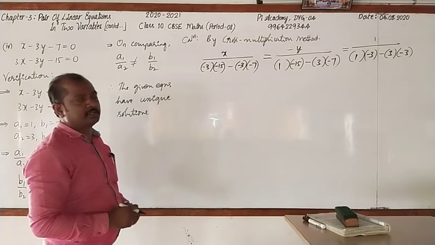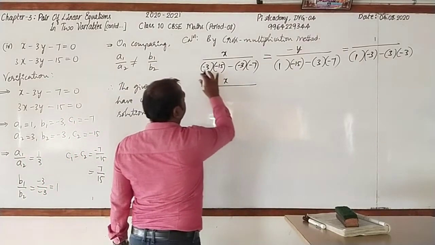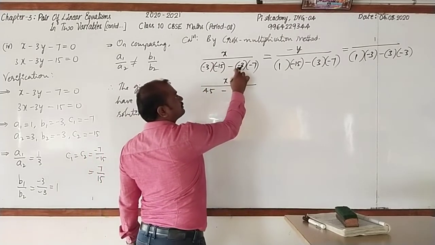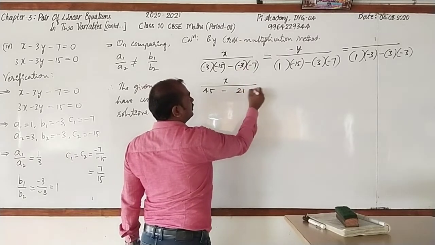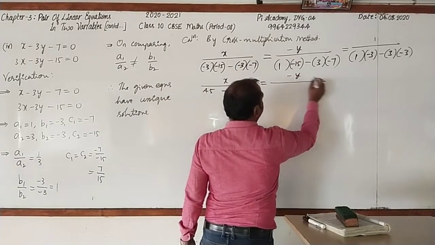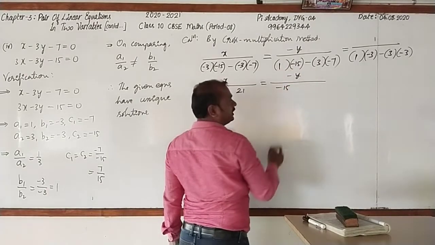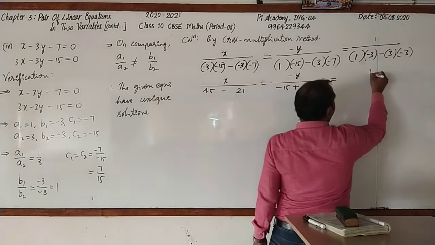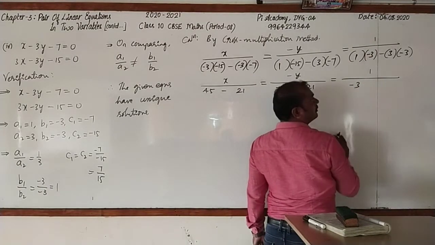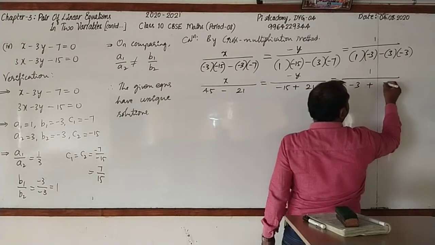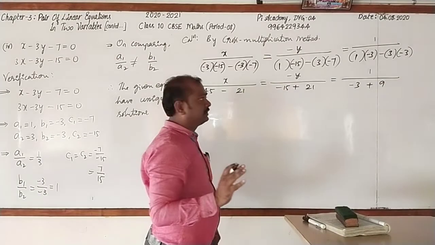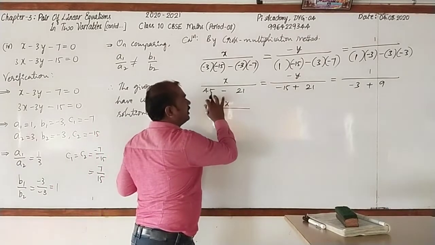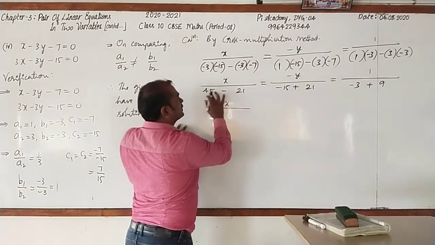Now let us go for simplifying. x by, minus into minus plus, 15 threes are 45. Here minus into minus plus, plus into minus, minus 3 sevens are 21. Minus y by, here 1 into minus 15, minus 15. Minus into minus plus, 3 sevens are 21. It is equal to 1 by, 1 into minus 3, minus 3. Minus into minus plus, 3 threes are 9. Got it? Yes. It is x by, simplified, 45 minus 21, this will be 24,